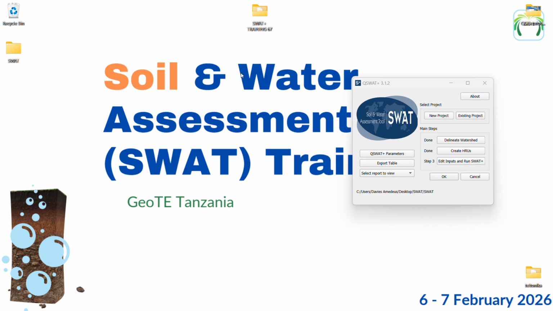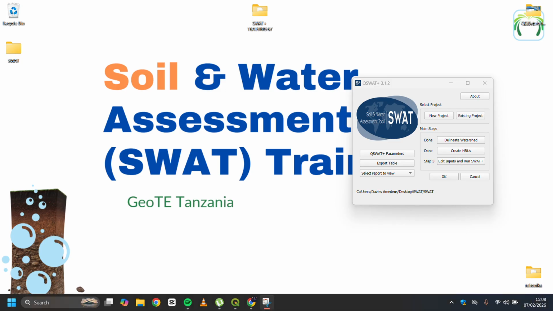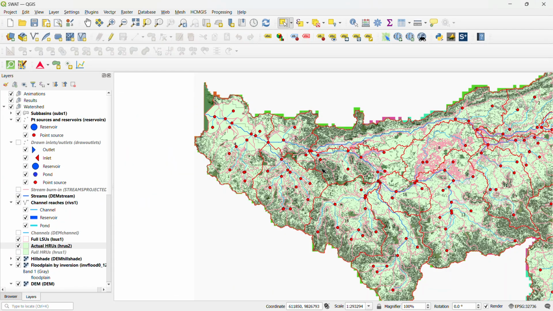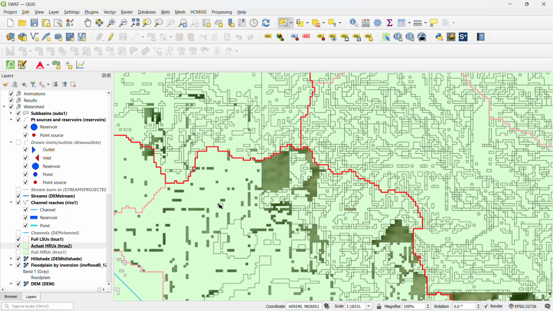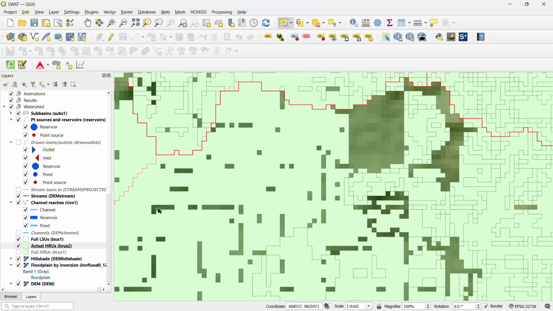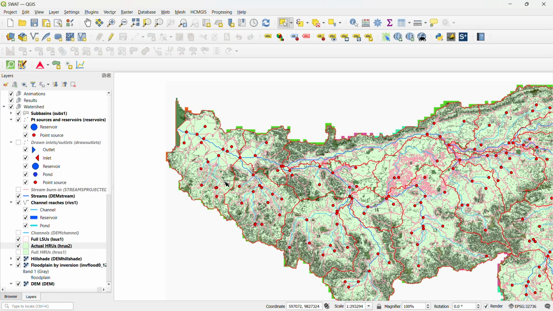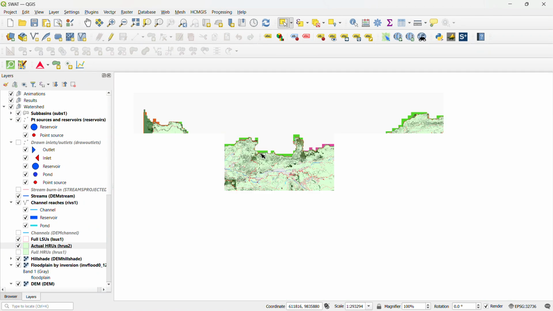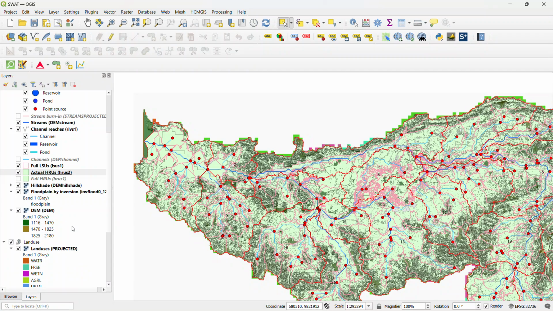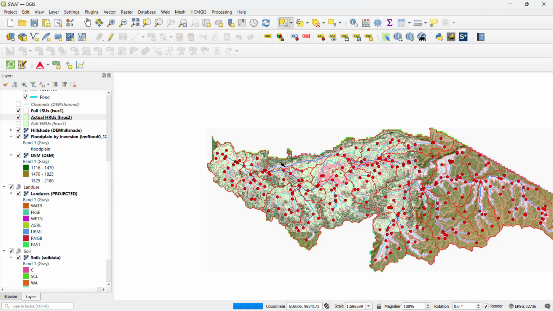All right, now that process was complete successfully, and we have the edit inputs and run SWAT. So if you go back to the project, you find some gaps that were omitted. These were the HRUs with less than 10% of the filters I specified. So that is well and good. Okay. Next, we would want to